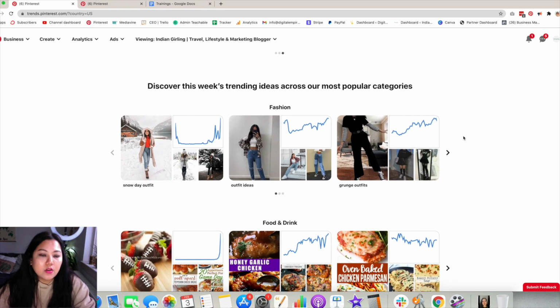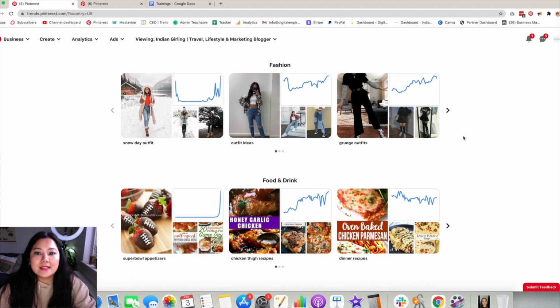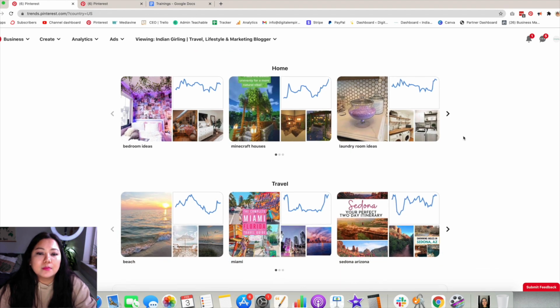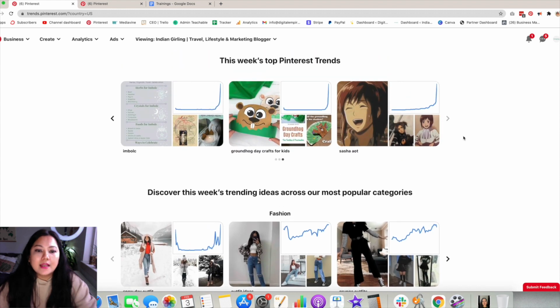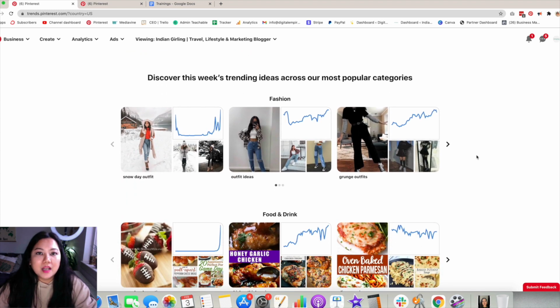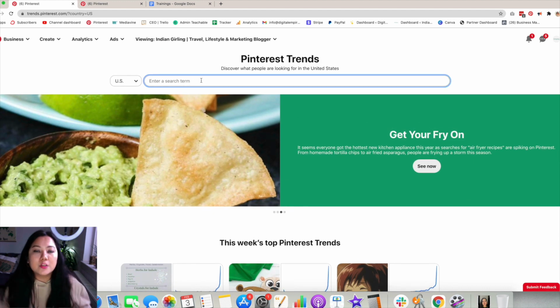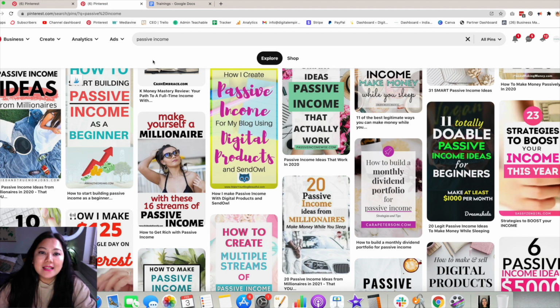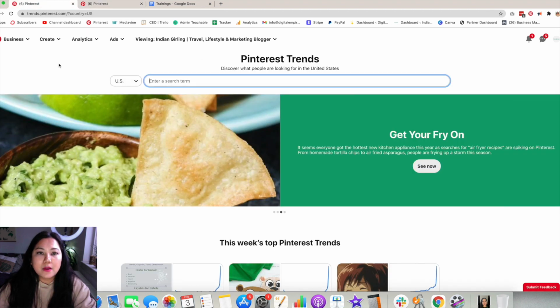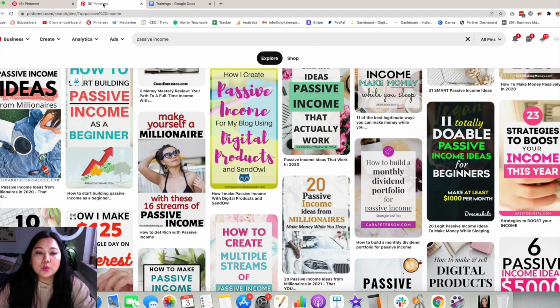And not only this, you can also just have a bird's eye view of all of the trending ideas across different categories. So what's trending in fashion, in beauty, in travel, in home, etc. Now, Pinterest doesn't share all the categories because I think it would be really hard for them even to understand and pick up on all the categories. So they just share the most common ones, but you can always use this search bar here and just look into your specific category and see if the search term is going up or down for that particular category. So again, even though Pinterest has done away with the row here, I think this is a much better way for you to look for keywords anyway. And also because you can now compare keywords and see which ones would do better versus the other. So that's an excellent tool for you as well.